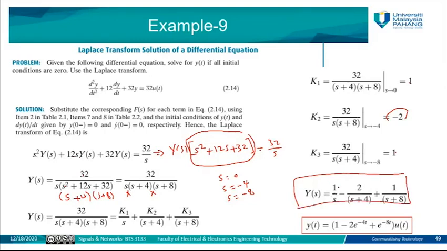Now it is easy for me to use the table to find the inverse for each part. So what is the inverse for 1 over s? It is u(t). What is the inverse for 2 over s plus 4? It is 2 exponential -4t. What is the inverse for 1 over s plus 8? It is exponential -8t, all multiplied by u(t). So this is y(t) here, representing the solution